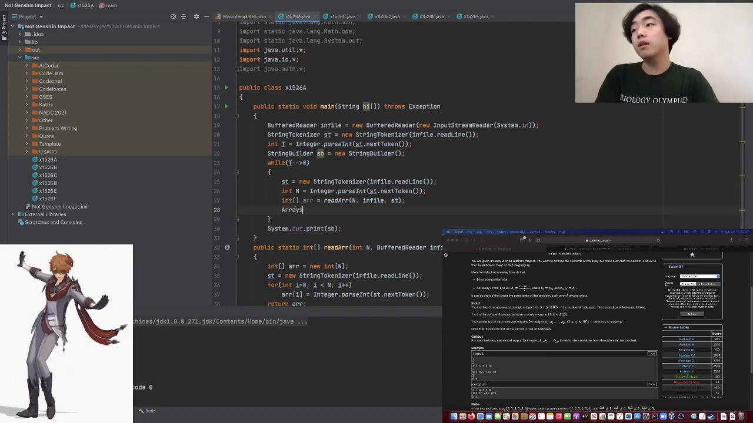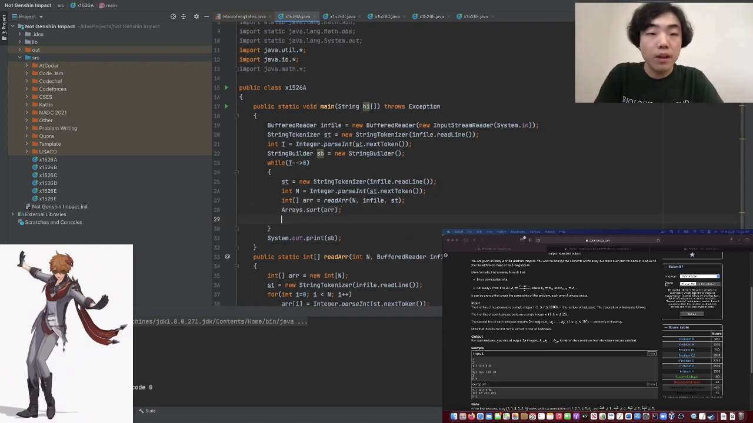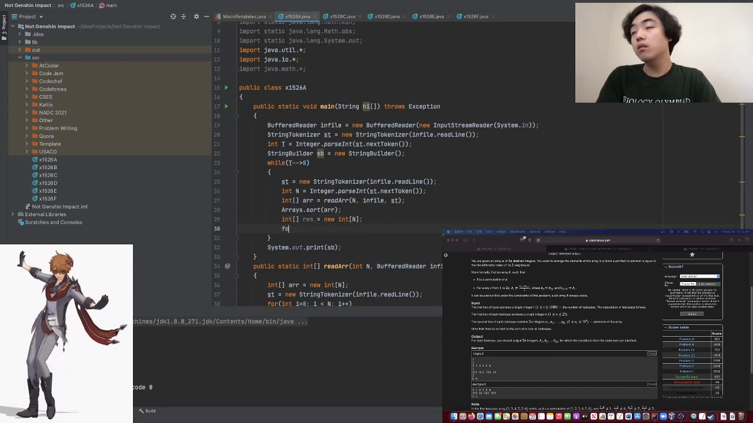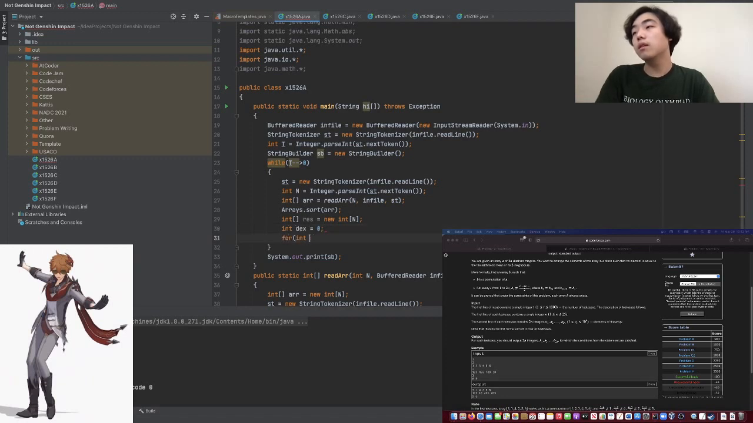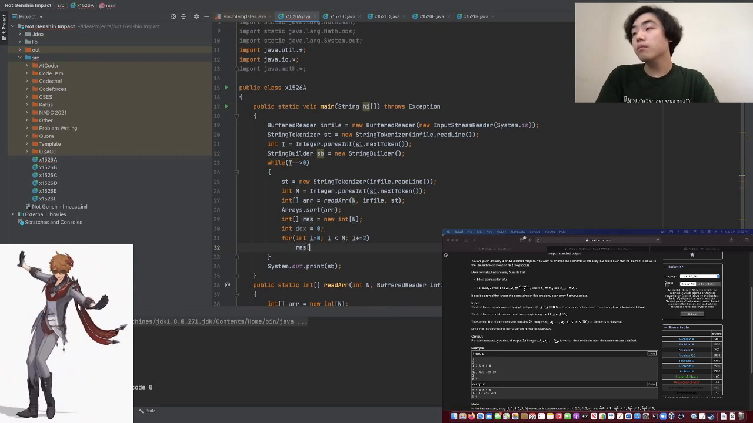Yep, array stuff, sort the array. We just print the values, right? Yeah. New int n. So for int dex is equal to 0. For int i is equal to 0, i is less than n, i plus equal to 2, res i is equal to array at dex. And for